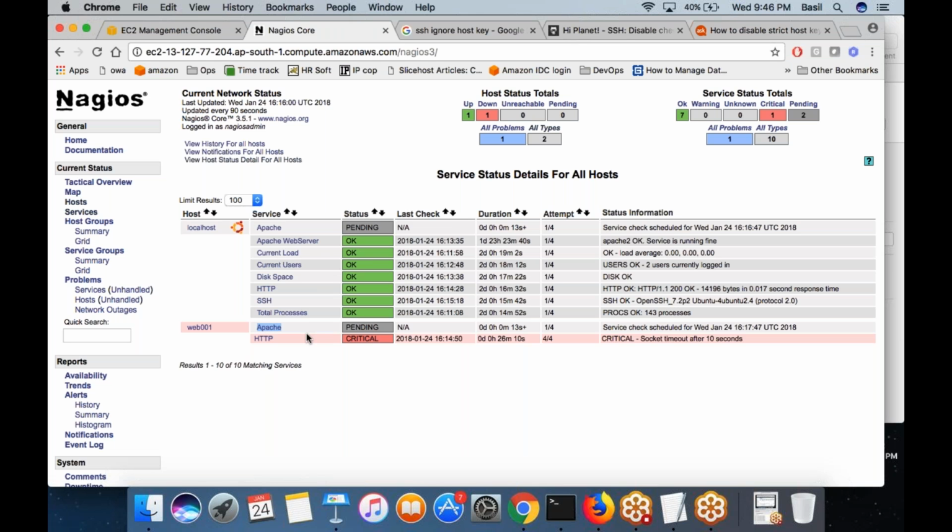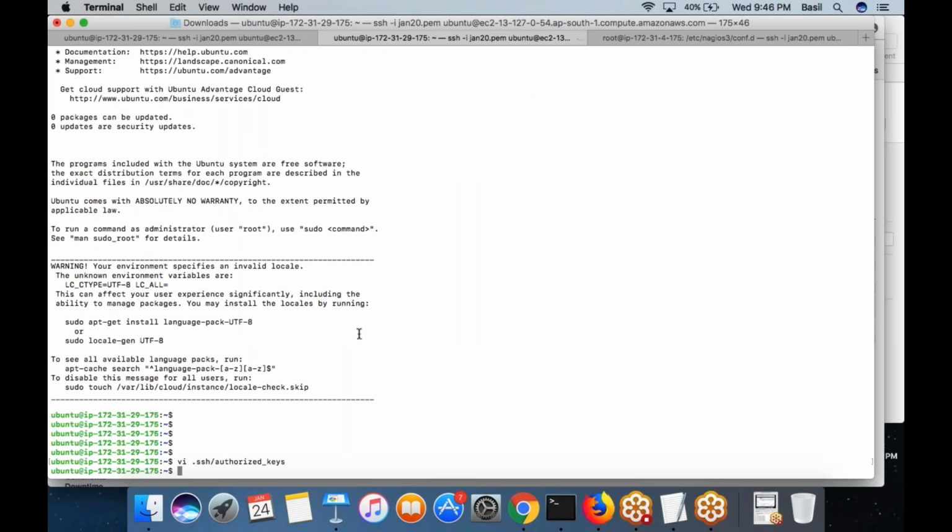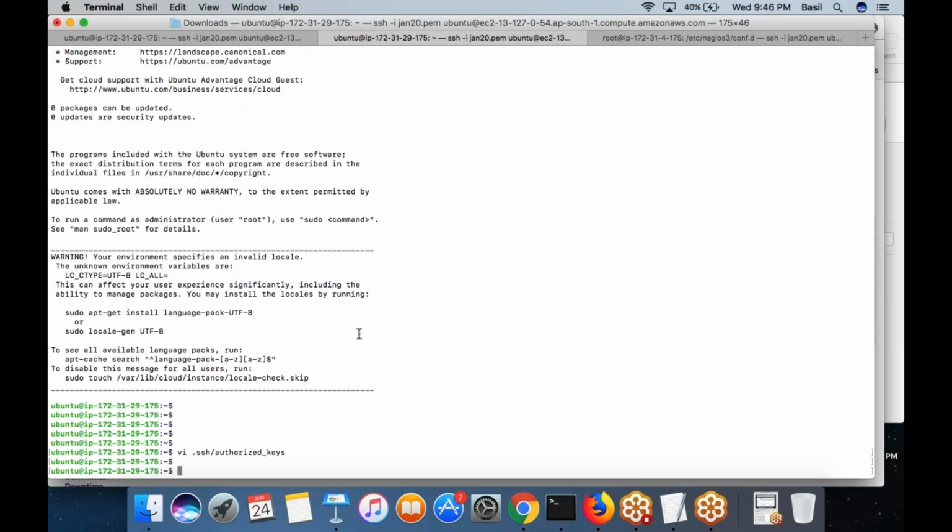Right now I do not have Apache installed inside the web 001 machine. I will go ahead and do that. So inside the web server 01 machine, I am going to install Apache.